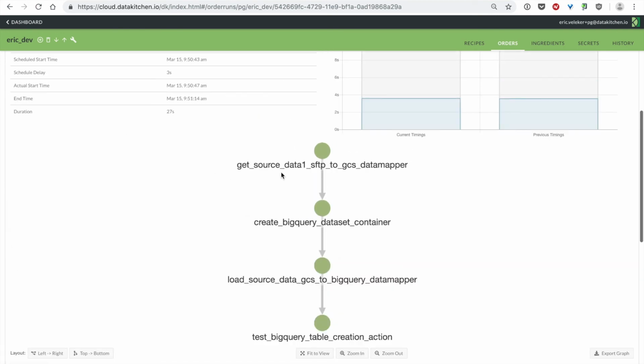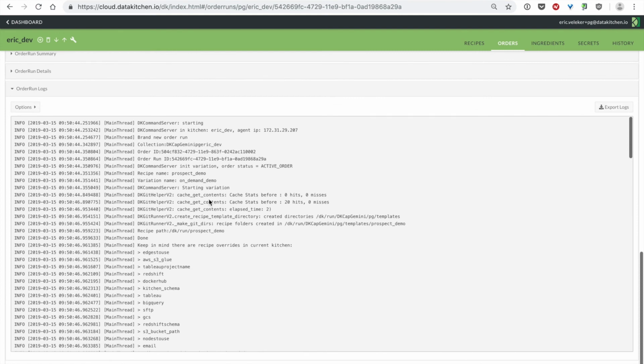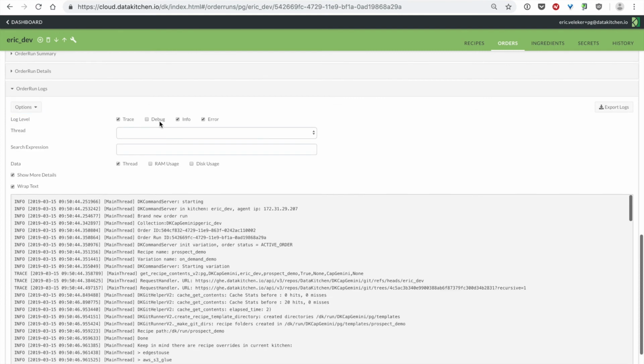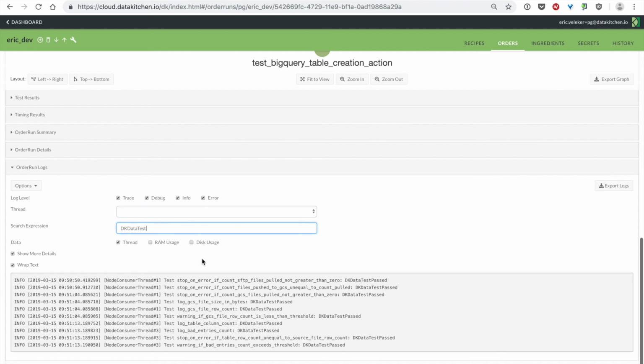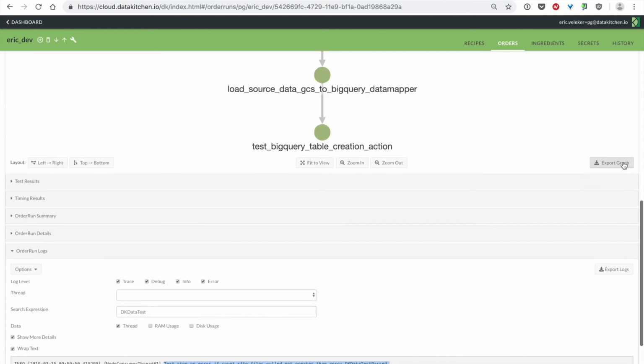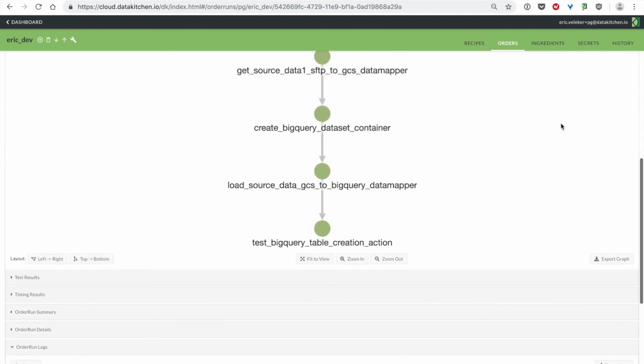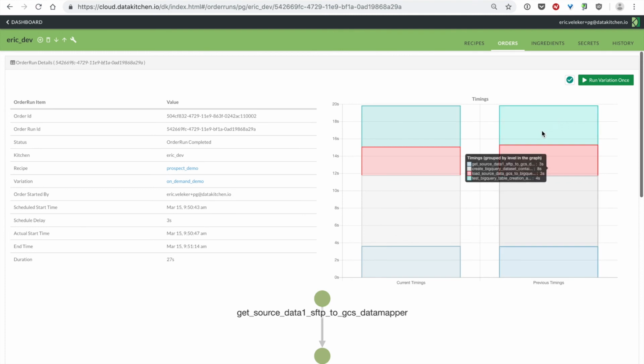In this case there's SFTP, Google Cloud Storage, BigQuery, and logs from DataKitchen, and they're unified here. I can go down and get much more detail, and these are searchable. So I can search for a DK data test, for example, and I can see all of these tests in this order. These are exportable, as is your recipe graph. And you also get alerts when these run, and you can be very selective and